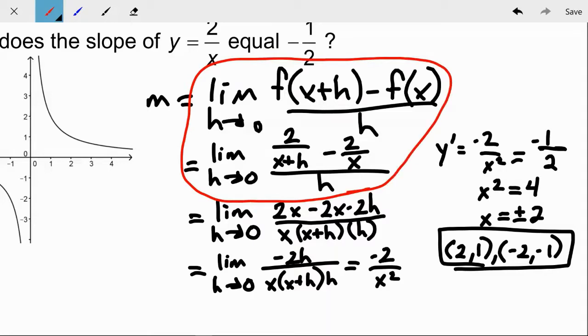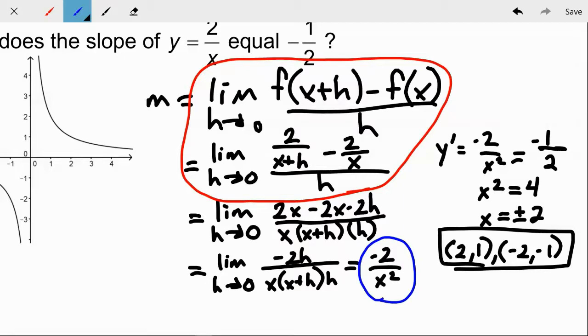The rest of it at that point, except for where I evaluate the limit, is really primarily just algebra. So I've plugged in my x plus h into 2 over x, and I've plugged in my x into 2 over x, and that's where this came from. And now I've got a complex fraction, had to get a common denominator and solve it out. In the end, you can see that we get this as the result of our limit, negative 2 over x